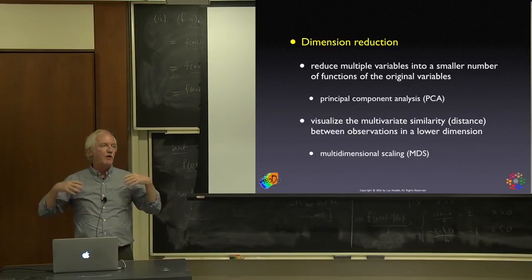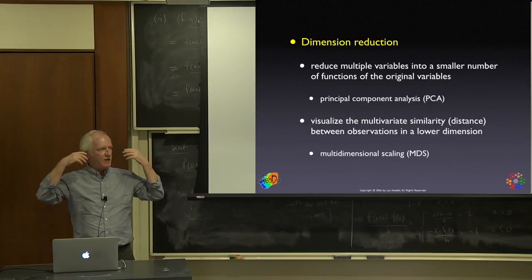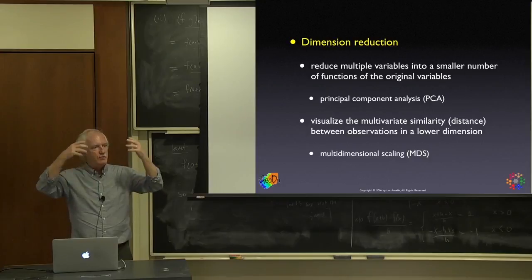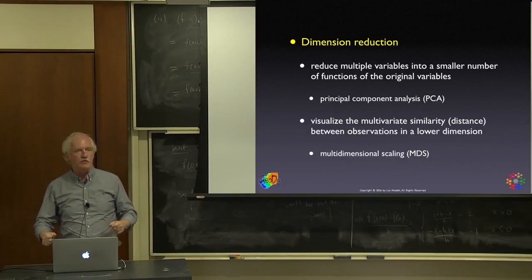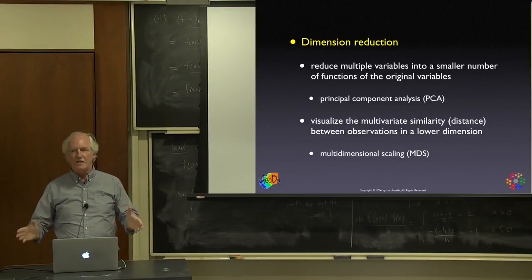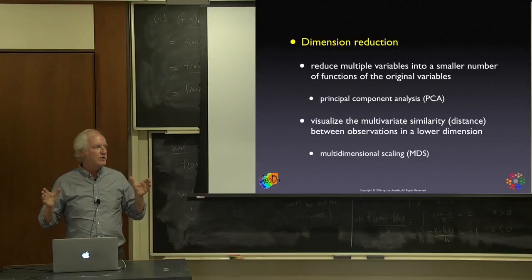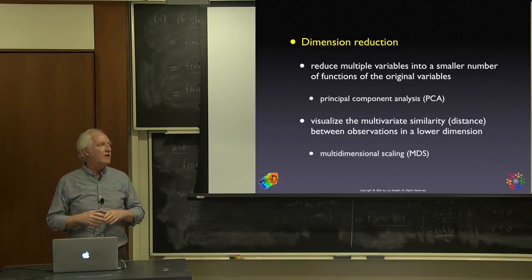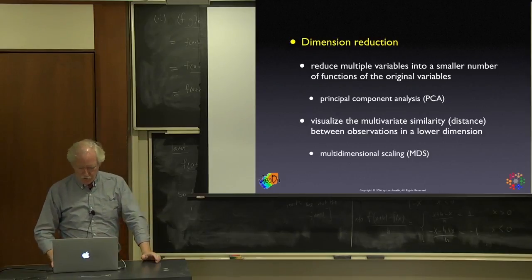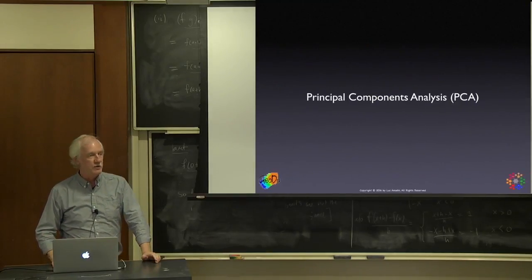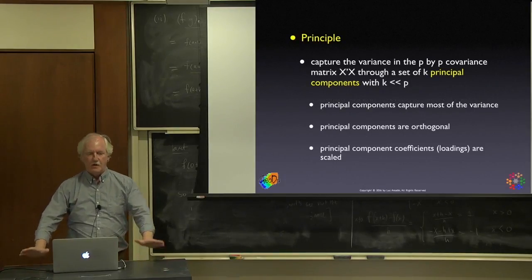You also have different ways of projection pursuit, which is a way of basically flipping higher dimensional spaces, projecting them onto lower dimensional spaces, and then looking for structure in that way. So basically, the bottom line is we don't like these high dimensional spaces. We have to deal with something that we can handle, that we can see, that we can visualize. So the first technique is principal components. So what's the idea? We have